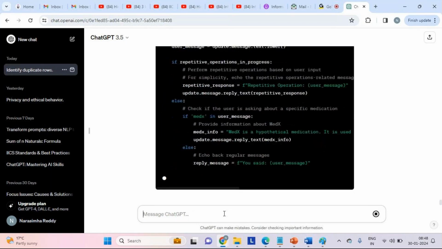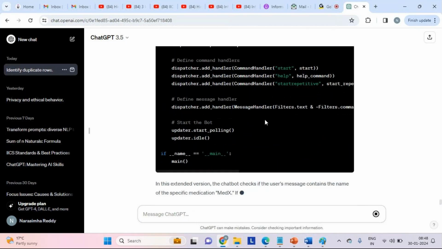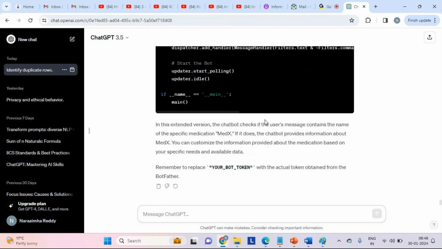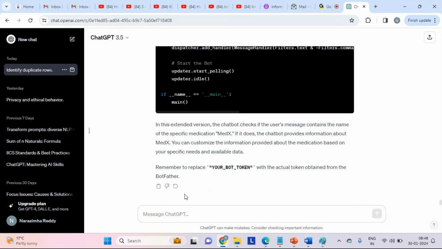See here, now we got extra code, right? Now can you see here? Let's say if the user message contains the specific medication, example Medex, the chatbot provides information about Medex. You can customize information based on whatever medication-specific needs. So we ask for medication specific.